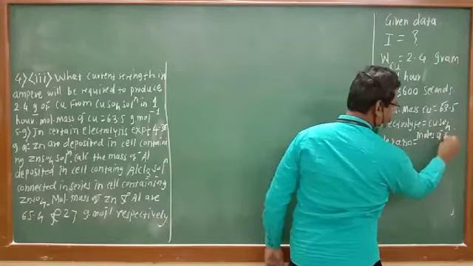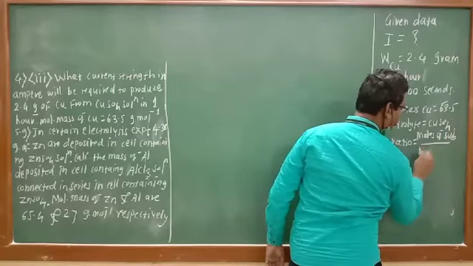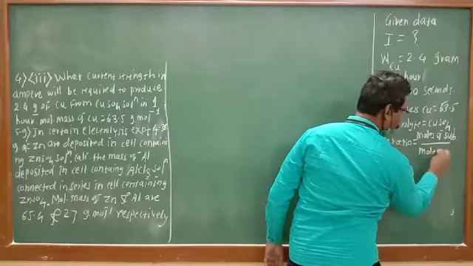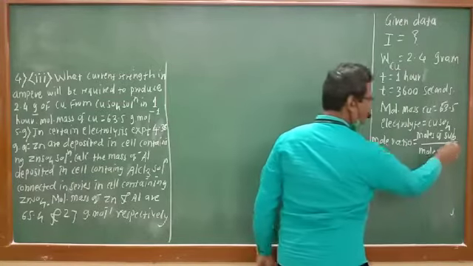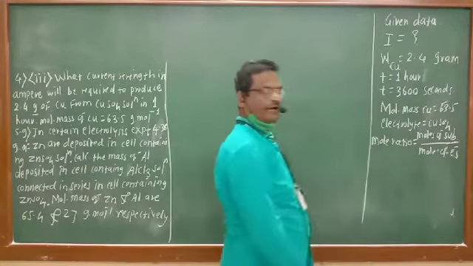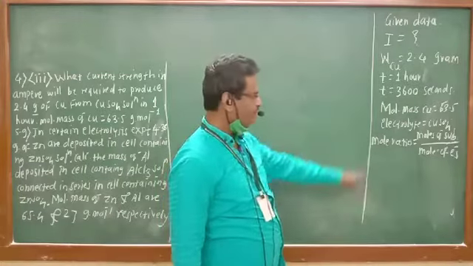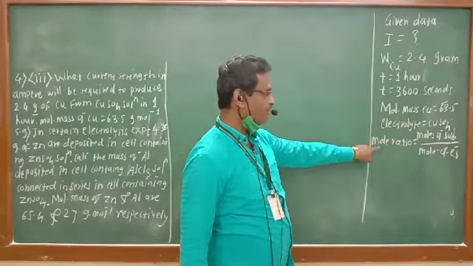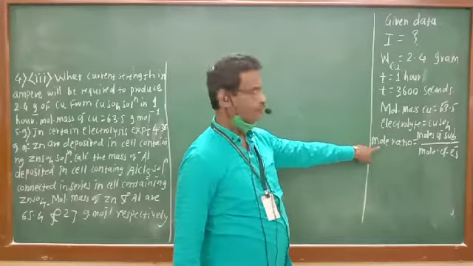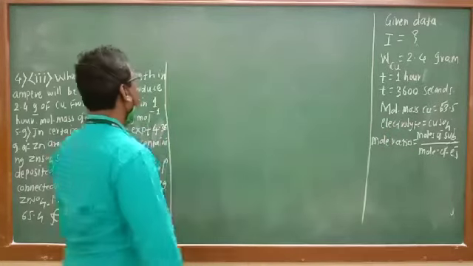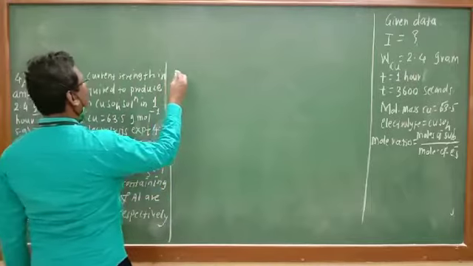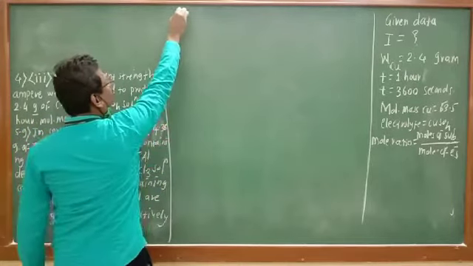Moles of substance divided by moles of electrons. This formula we know. Moles of substance divided by moles of electrons. The electrolyte is important to calculate the mole ratio. Moles of substance divided by moles of electrolyte. So let us see the solution now.